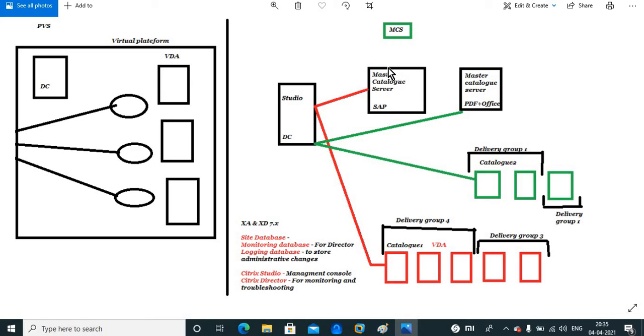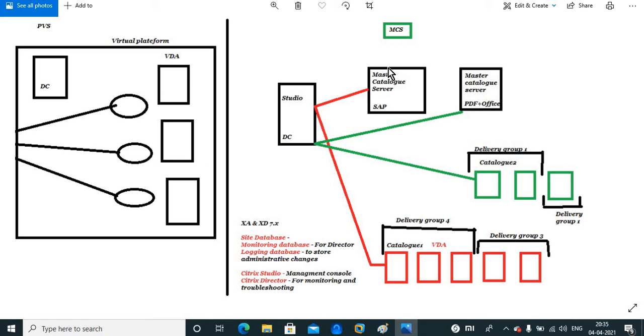Once we select XenApp and XenDesktop, it shows us the next pop-up window, in which on the left side it's showing to install delivery controller, and on the right side it's showing VDA. Do you remember this? In the previous practical window I showed you that.